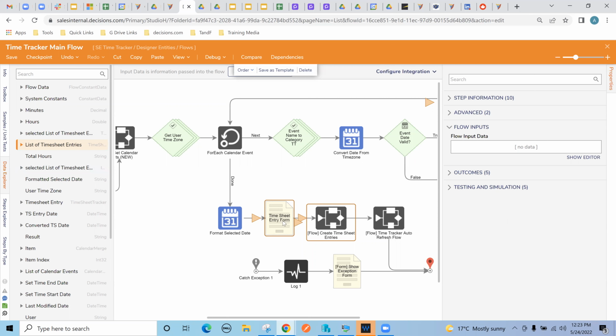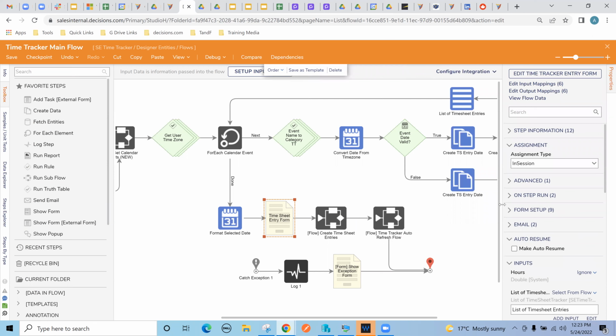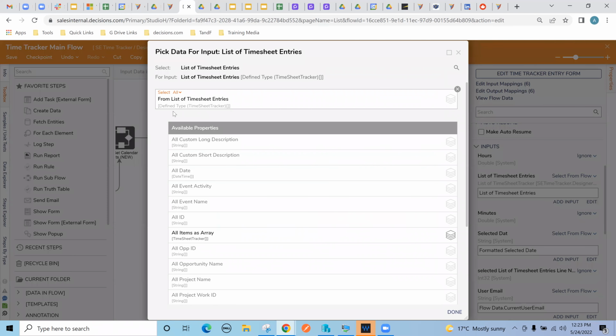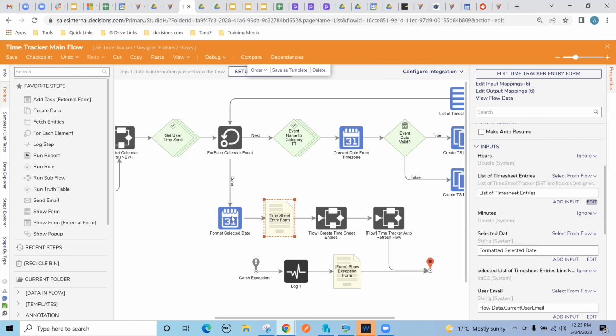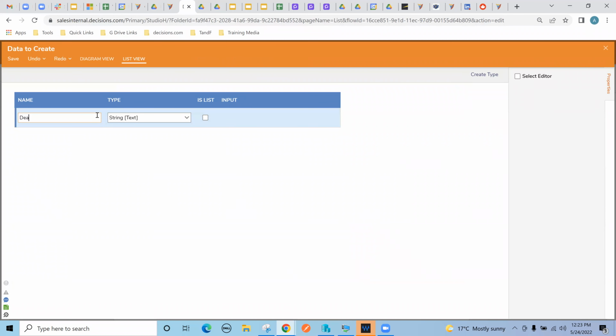So this is where it's being used in this form. And we must be getting it from somewhere. Let's check. List of items. But in this case, we may be getting that from an external system. But what you would do is you can just create data. And in this data, you would actually define, let's say, default value. I'll say default